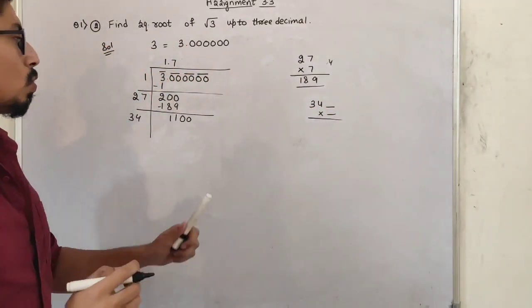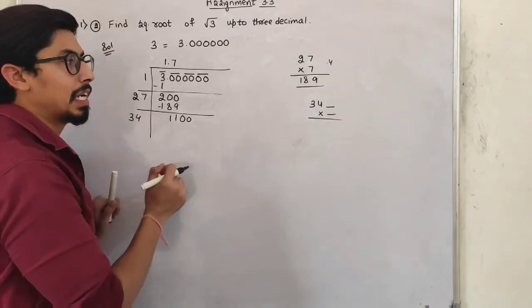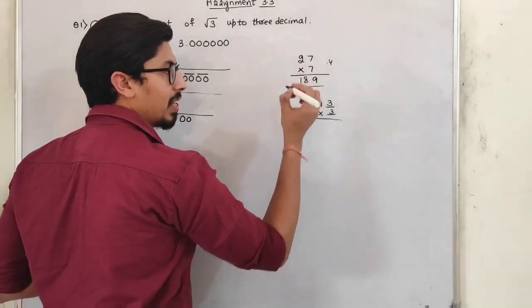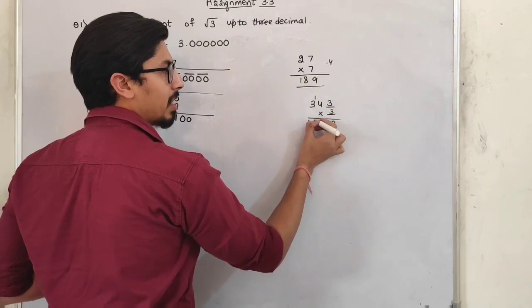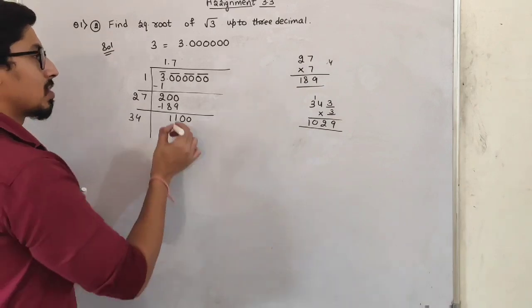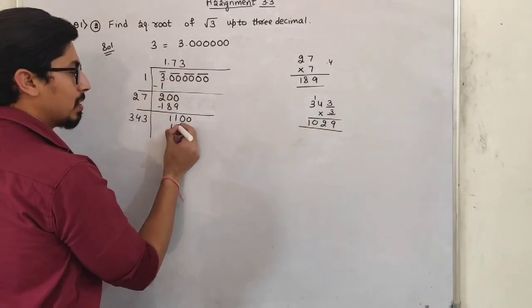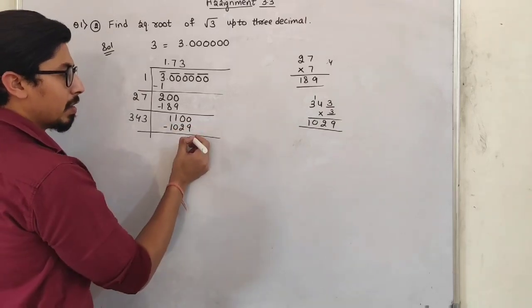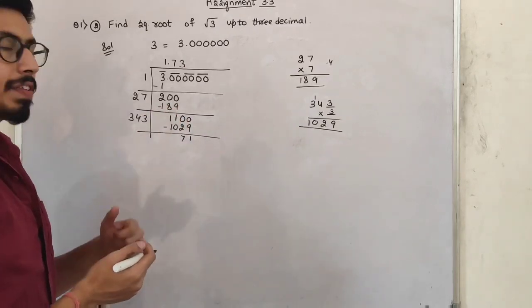Okay students, so in order to take the number near to 1100, I will take for example 3 here. So 3 is a 9, 4 is a 12, 1, 3 is a 9, it is 1029. Yes, it is near to this number. So just take 3 here and 3 here. So it will be 1029. If I subtract them, it will be 71 students.